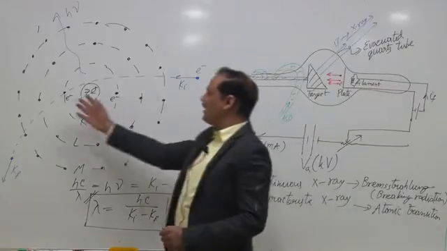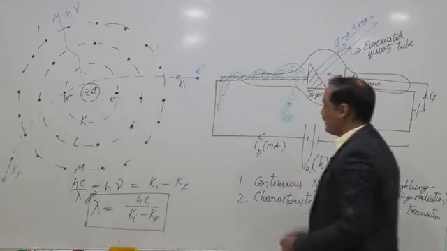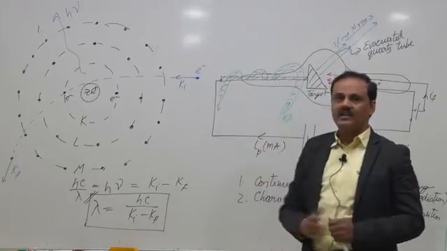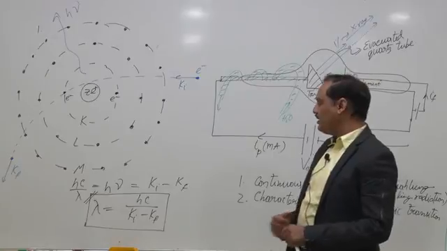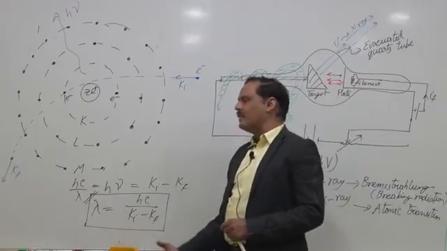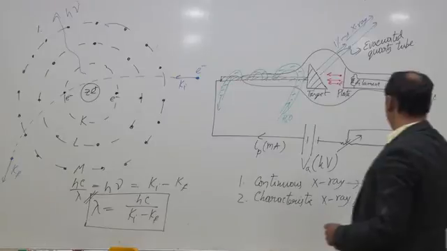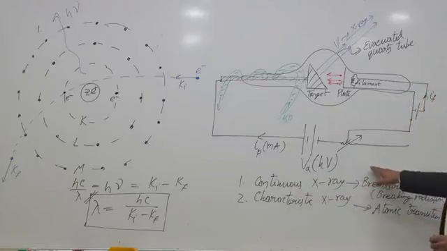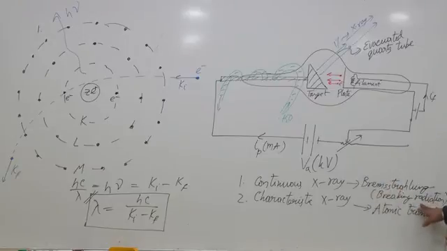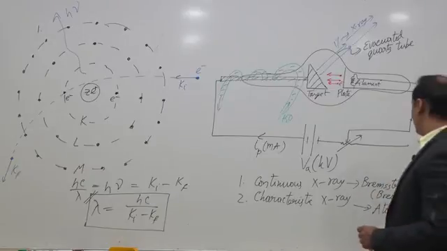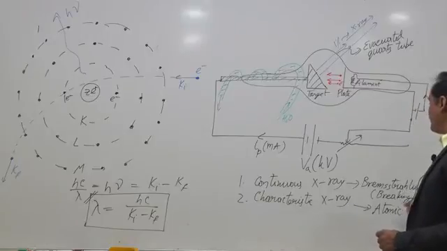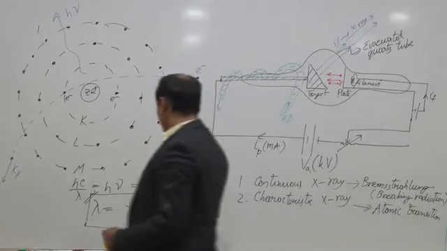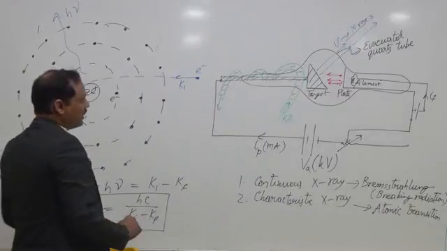As it keeps on passing through different atoms of the target, it keeps on losing its kinetic energy. That is, its kinetic energy is broken into several parts. Due to each lost part of kinetic energy, the electron emits a photon continuously. That is why it is called continuous X-ray. It is the radiation emitted due to braking of electrons. That is why it is called braking radiation, and the phenomenon is called Bremsstrahlung. These are the wavelengths of the emitted photons.